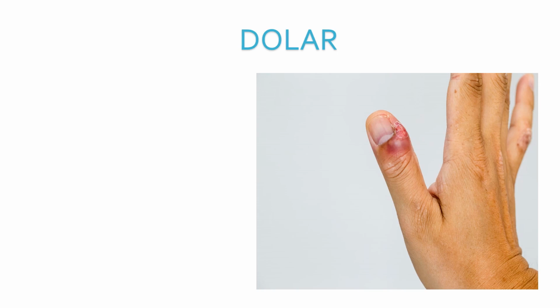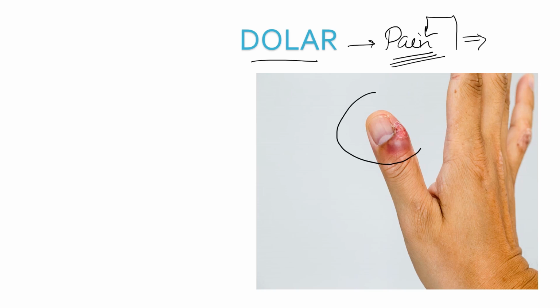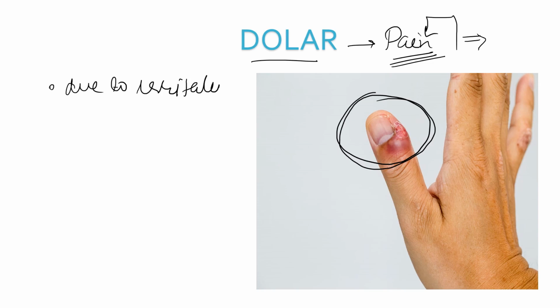Next cardinal sign of inflammation is dolor. What do you mean by dolor? Dolor basically means pain. So any part of the body that causes pain is known as dolor. So in inflammation, the part which is affected will be very sensitive to pain. Why? Let's see. Due to irritation of sensory nerves,